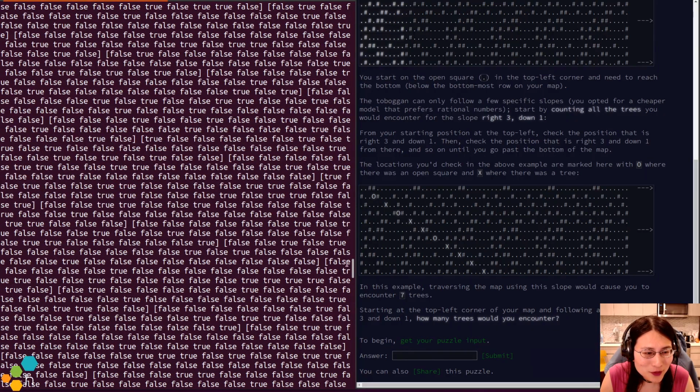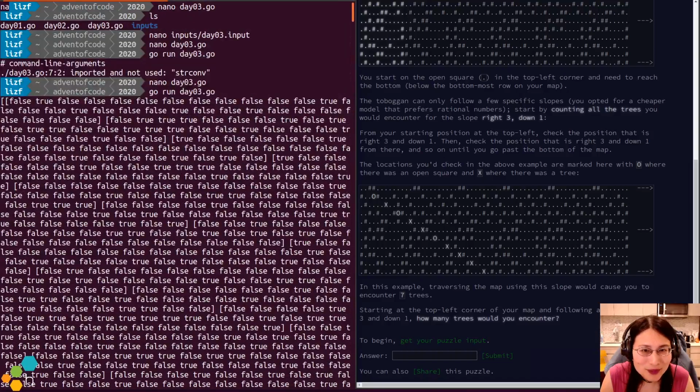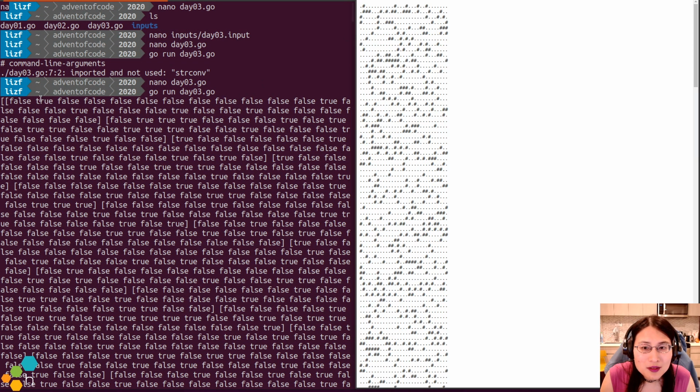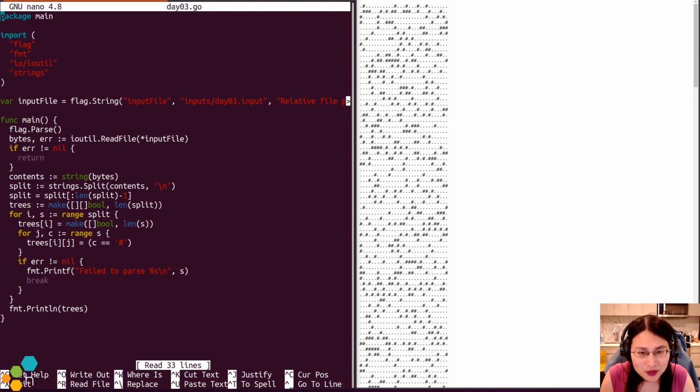Let's just look at the first line to make sure it does what we expect it to. So the puzzle input says false, true, false, false, false, false, false, blah, blah, blah, true, false, false, false, true, false, false, false. Yep, okay, that looks good. Great. So now that I have that, we need to have a method of telling whether, for any given position,